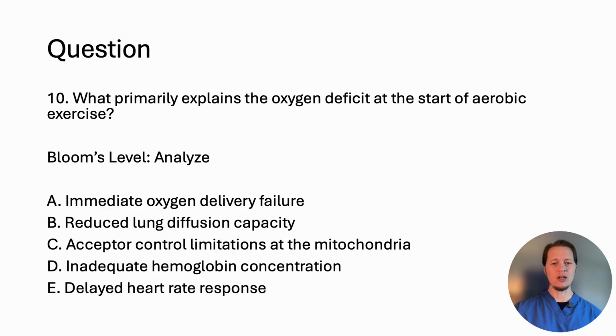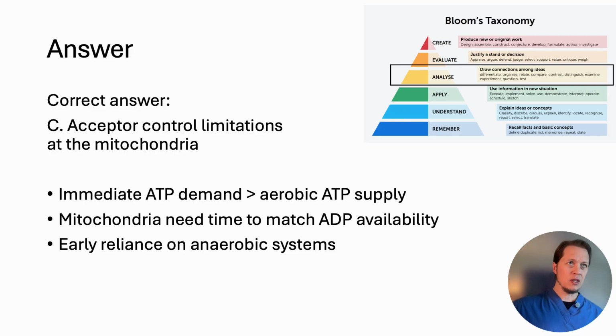So it's a little callback, going back from the concept of the initial oxygen deficit and then the epoch after. This is the acceptor control. So oxygen deficit, right, reflects that lag in mitochondrial activation, and it's really due to the ADP-ATP balance and this whole concept of acceptor control. It is a really neat